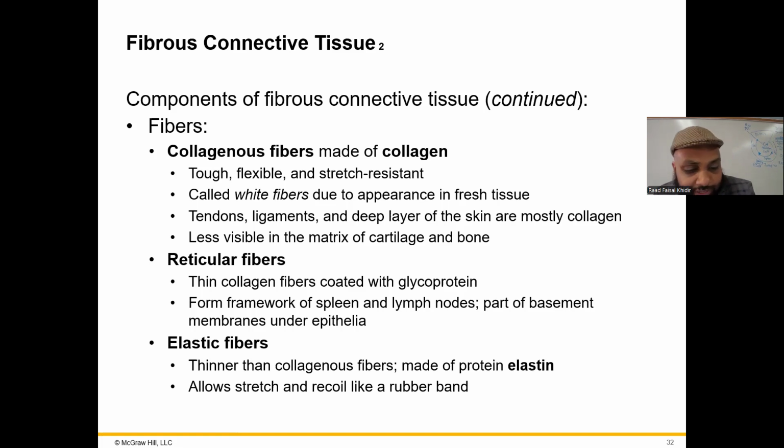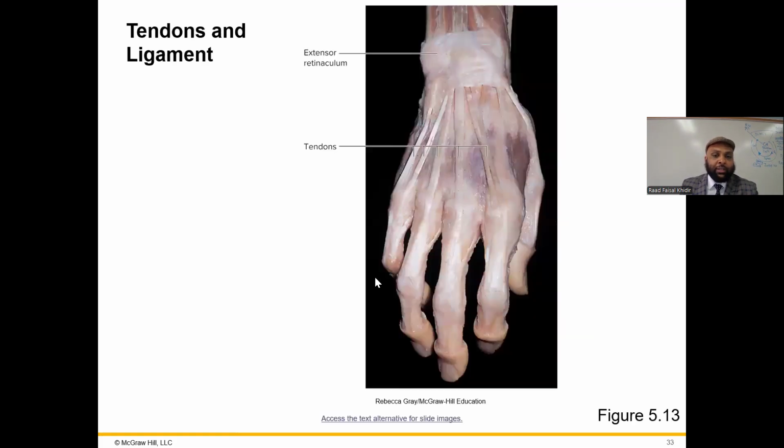Elastic fibers. Elastic fibers are thinner than the collagenous fibers, and they are made of a protein known as elastin, and that allows the stretch and recoil like a rubber band. See the tendons, and these are the